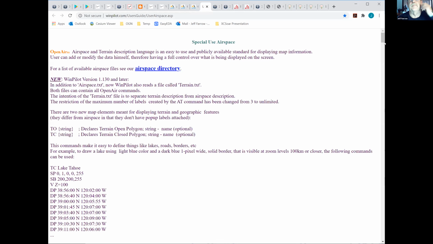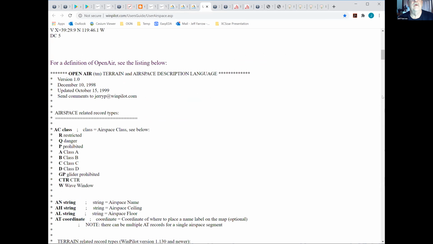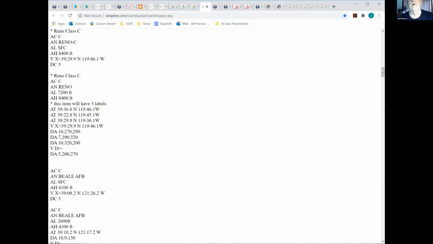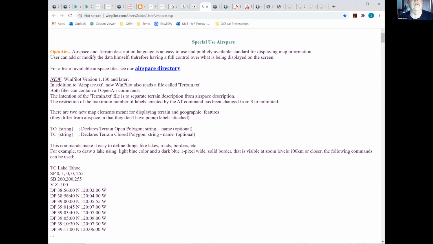If you do a search on the various formats, it's easy enough to find how to write files in the appropriate format. So this is open air format, and if you go through it, it'll explain how to write up your own files. Now, you wouldn't want to be doing it on a countrywide basis, but when it comes to things like the wave windows over the Grampians, it's not that difficult to do.